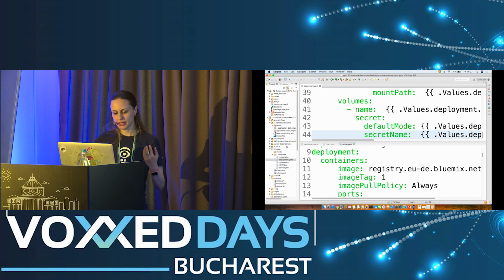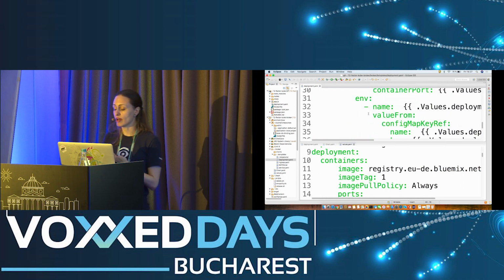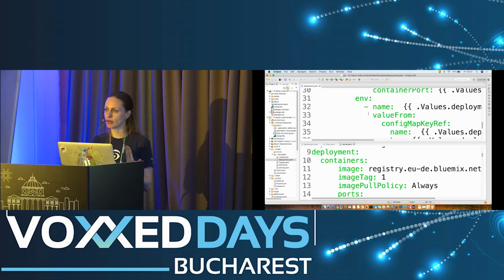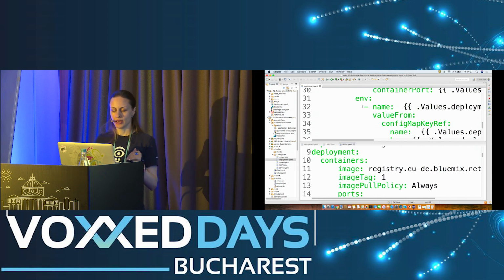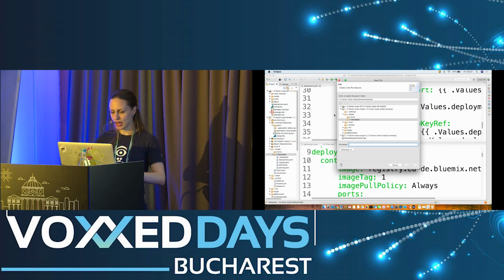And that being said, let's move a little bit to the environment. And I see here that I also have a config map defined. So this means that when I'm deploying my application, I expect that a config map object will be present there. However, when I'm looking in the templates, this is not present. And nothing stops us from actually creating a config map. So I'm going to create